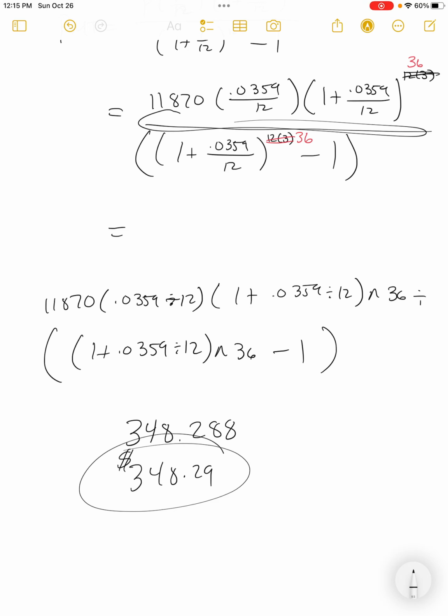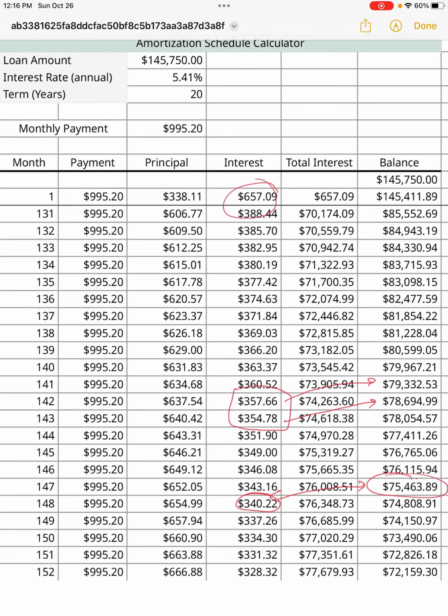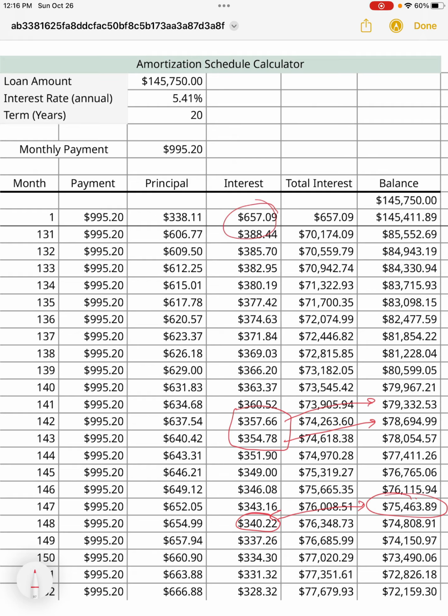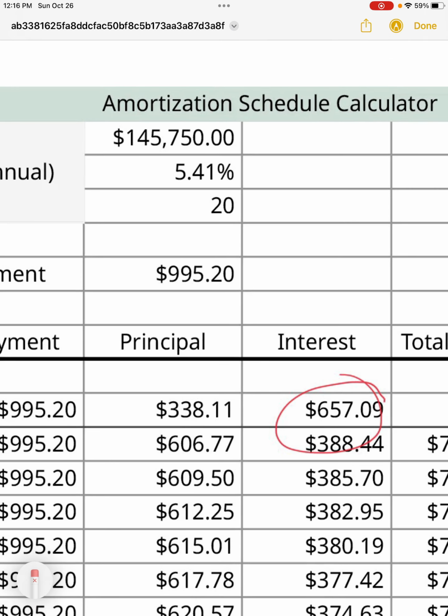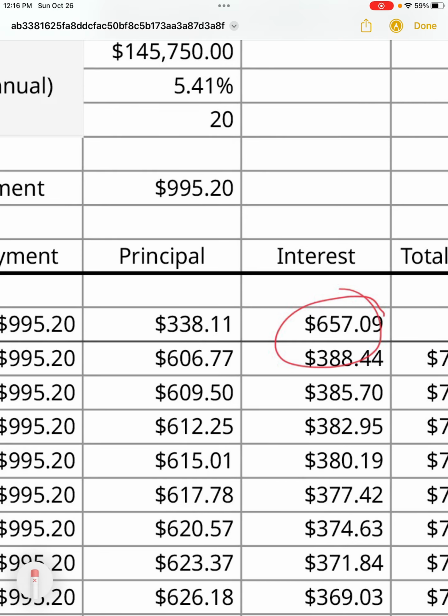Okay. The next thing that they're going to do is give you an amortization table and ask you some questions about it. So that's why I did this table right here, right? So if I go back into this table, don't know if it will let me erase some of my marks from earlier. It kept them. So I apologize for the red marks in there. But they're going to give you an amortization schedule. It looks just like this. And they're going to say, how much was the loan for? And you're going to answer, oh, $145,750,